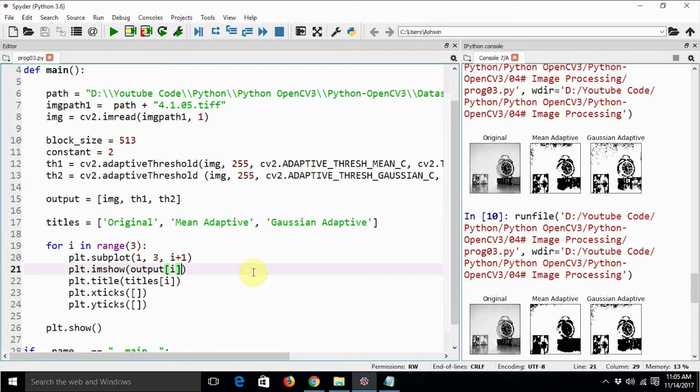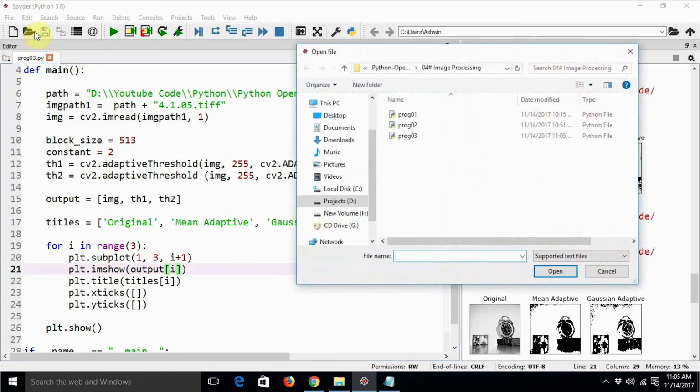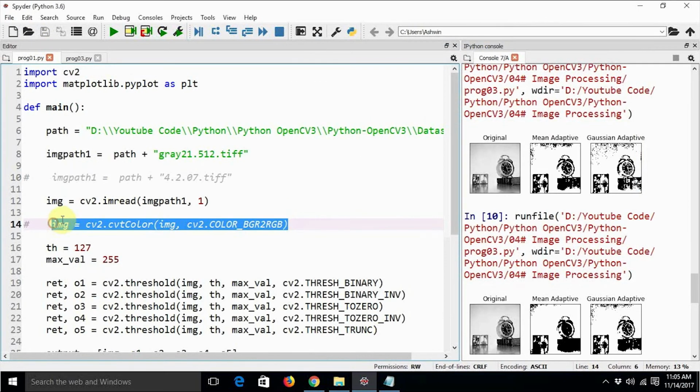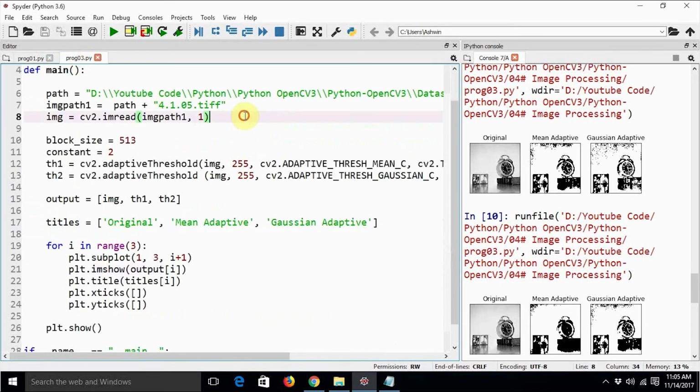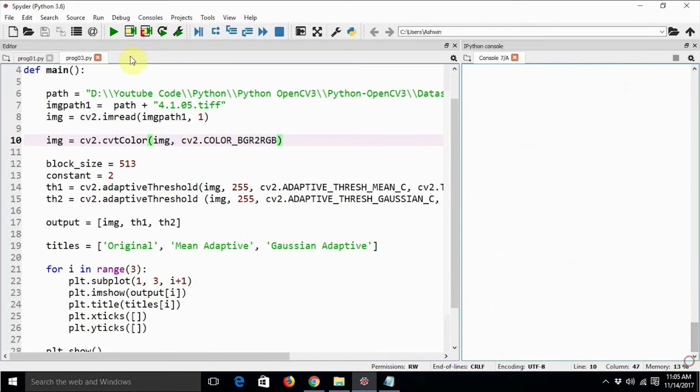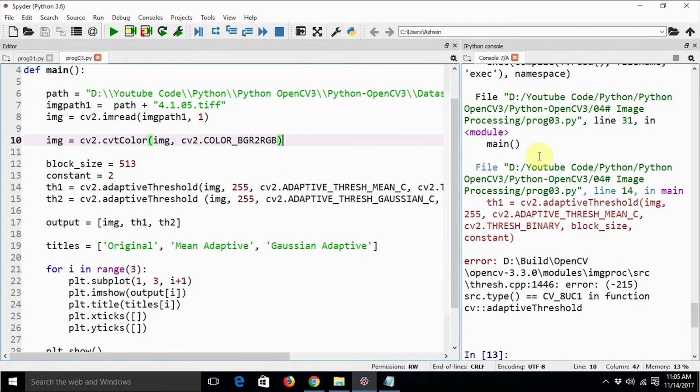Also we need to change the color space of the image. So from BGR we are converting it to RGB so as to be comprehensible to human eyes and brain. Okay, and let's execute this code.